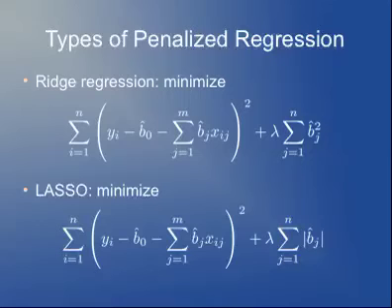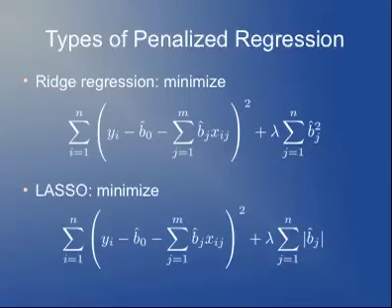For ridge regression, you try to minimize this quantity plus a tuning parameter times the sum of the squared coefficients. The idea is, if these squared coefficients are too large, then the model will penalize that. This criterion will favor a solution with a slightly larger sum of squared errors if it's associated with a